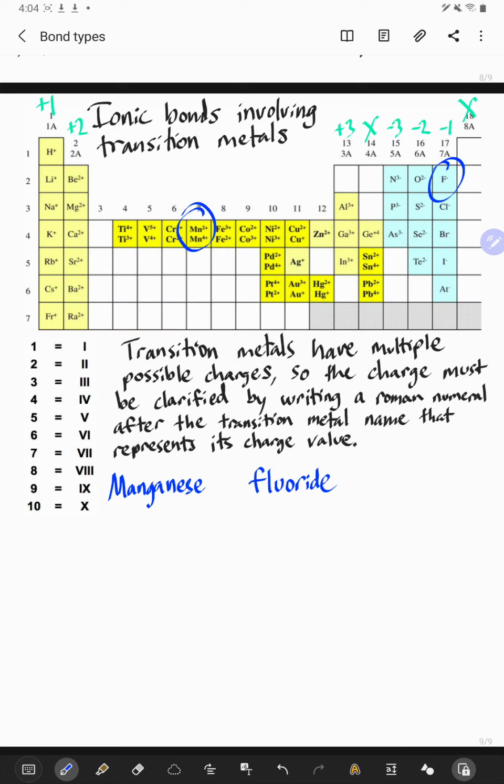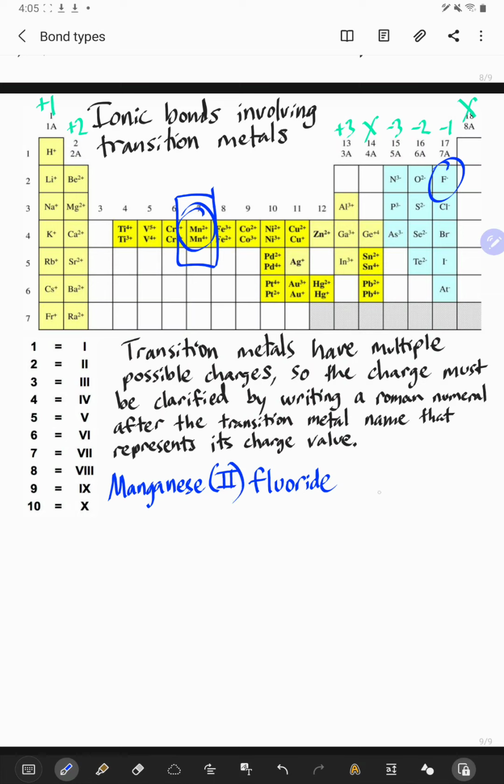So we have manganese fluoride. However, the fact that manganese can form multiple different ions, or in other words, ions with multiple different charges, means we don't definitively know the charge of manganese just by saying manganese fluoride. We need to clarify that here in this region right here. And the reason why we do that is we might have manganese 2 fluoride,